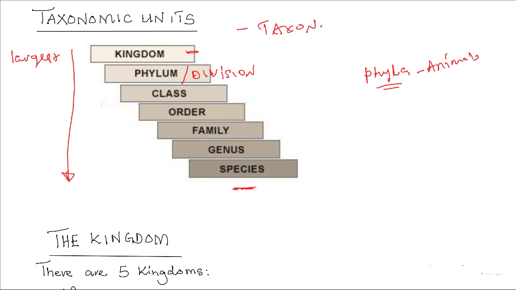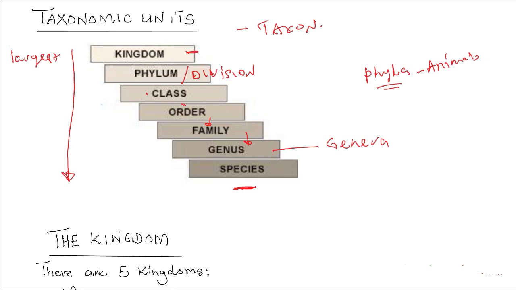Then each phylum or division is divided into classes. A particular class consists of several orders, and each order is divided into families. One family has several genera. Genera is the plural for genus. So you have several genera in a family. And then each genus consists of several species. The species is the smallest unit,